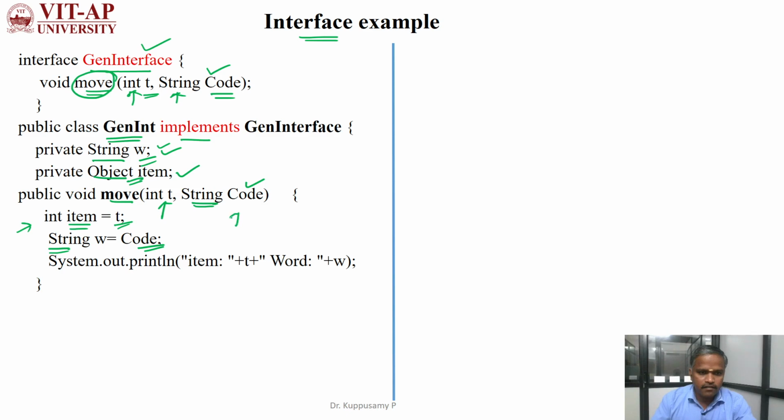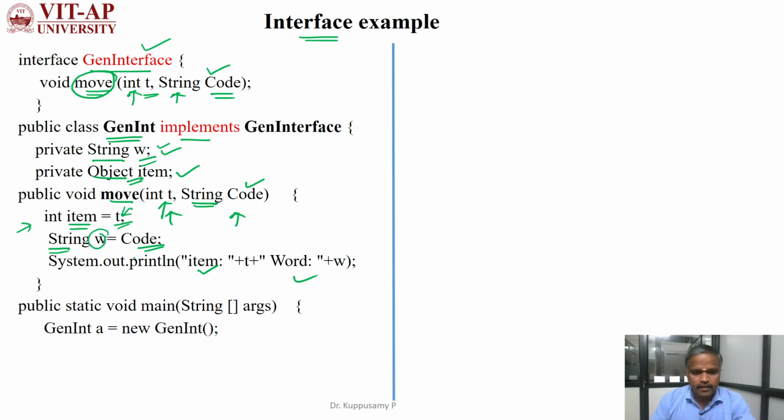So that's what we get: integer and string data. Then we display the values stored in w and the value available in t. And we are using this constructor to call that